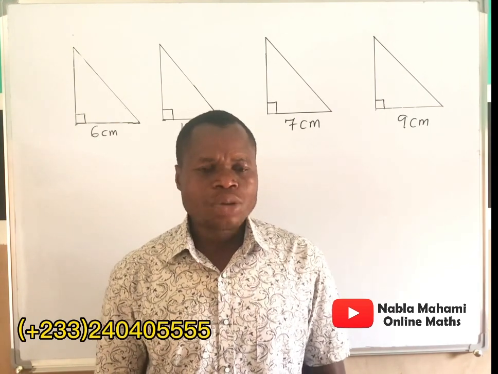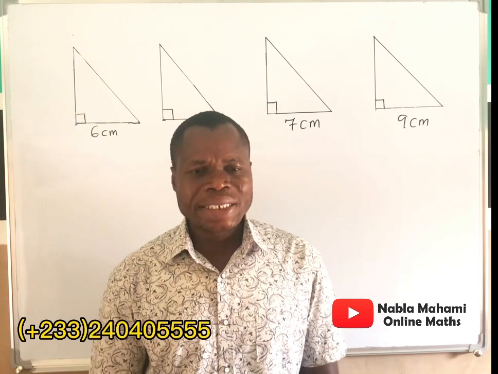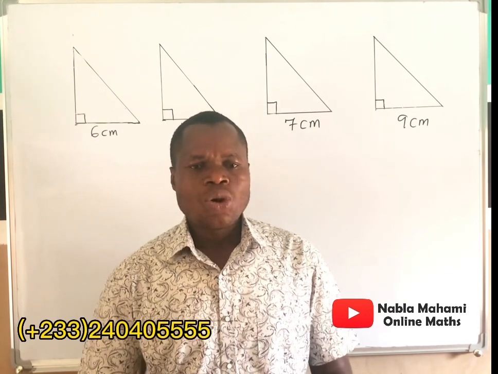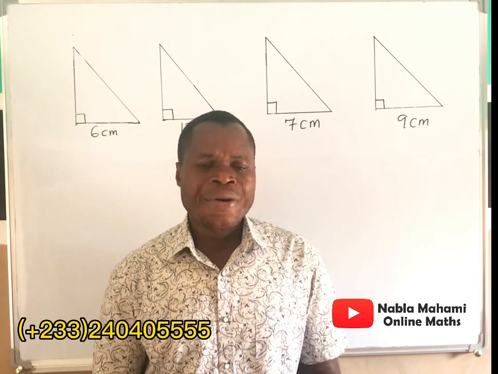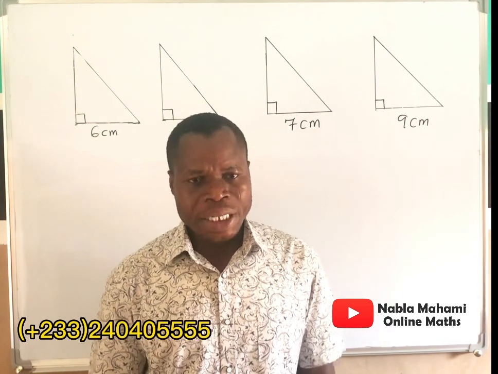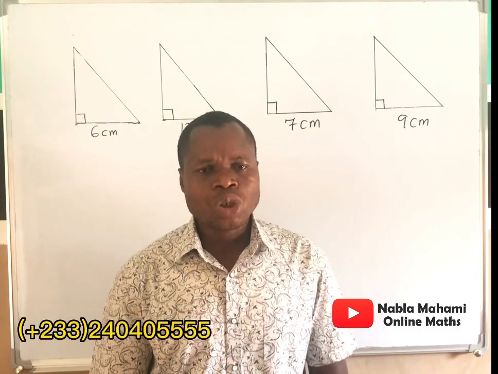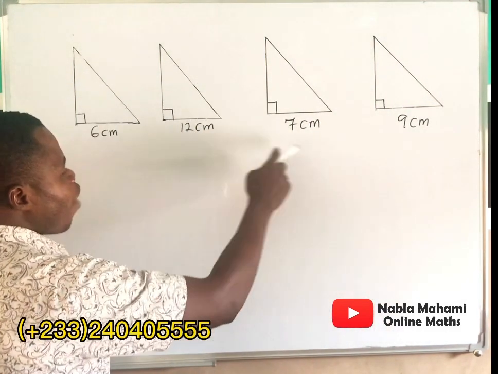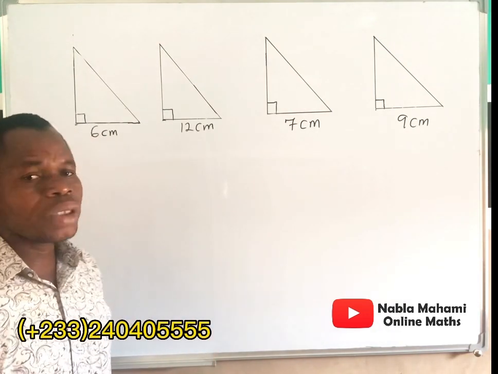Today we are going to learn how to find the size of a right angle triangle within seconds when only one side of the right angle triangle is given. And I have some examples on the board to illustrate this. You can see that on the board I have 4 diagrams, and I'm going to use these diagrams to